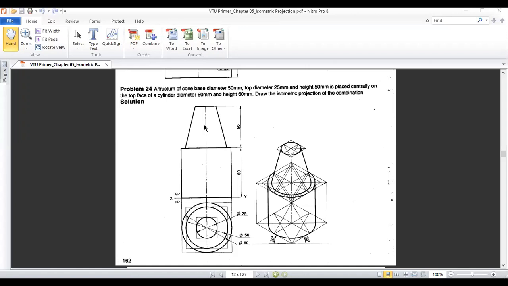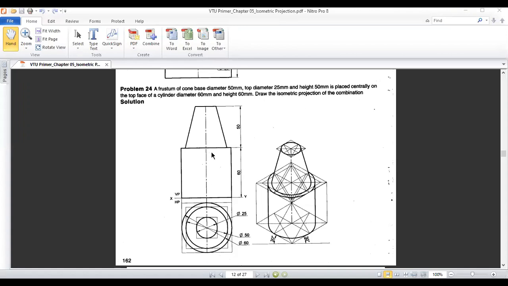If you look at the top view, the bottom diameter of the frustum of the cone is 50 and the top diameter of the cone is 25. So from the top view I can make out the dimensions, or else you can see here the cone base diameter is 50, top is 25 and total height is 50. So that is the front view and top view given.